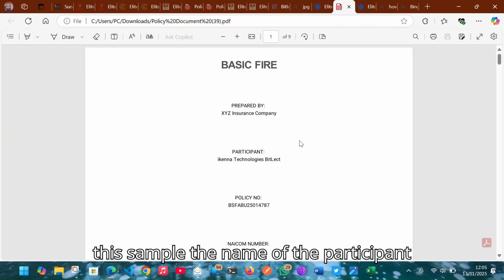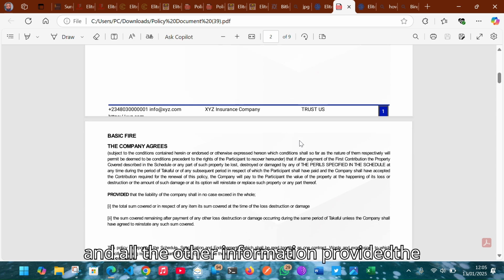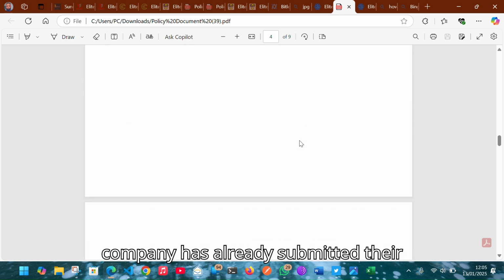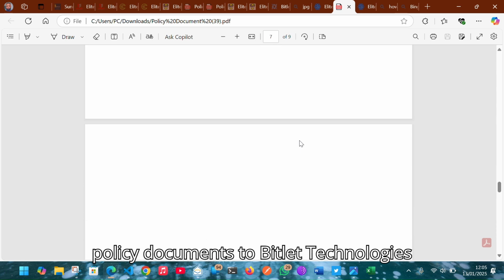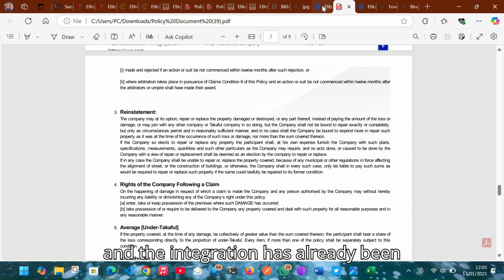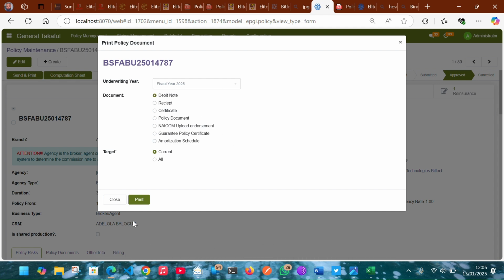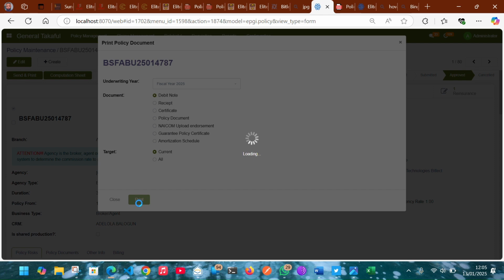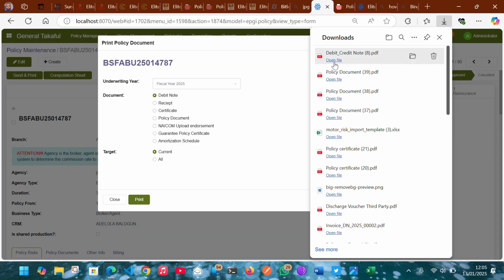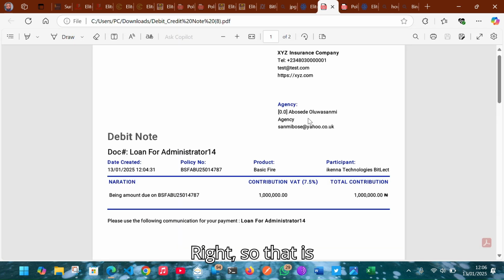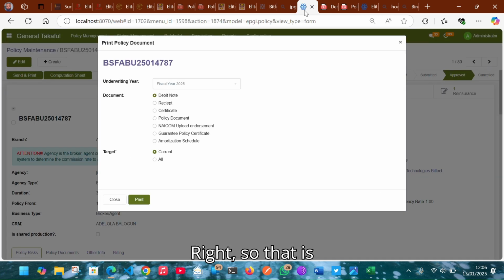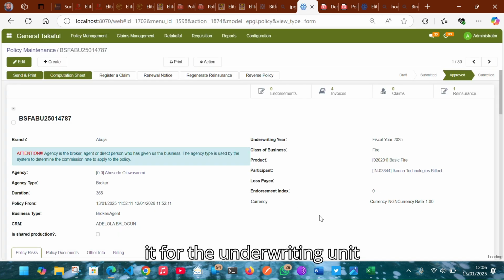Let me try to open this sample, right? The name of participants and all the other information, provided the company had already submitted their policy documents to Bitlet Technologies and the integration has already been done. So you can also proceed to print out a debit note. Right. So that is it for the underwriting unit, in underwriting policies on